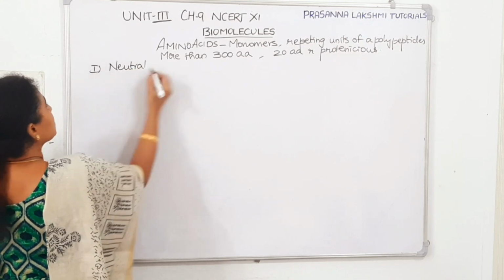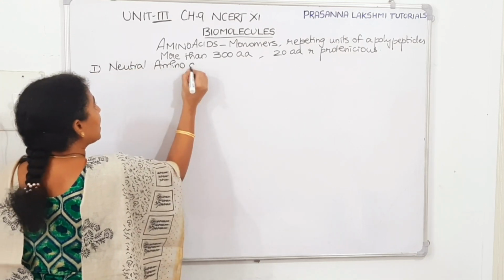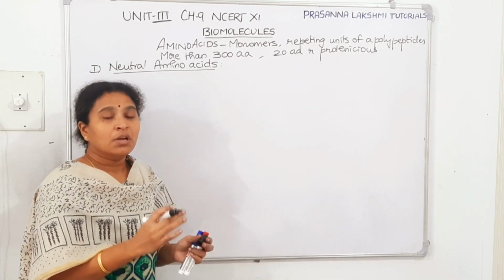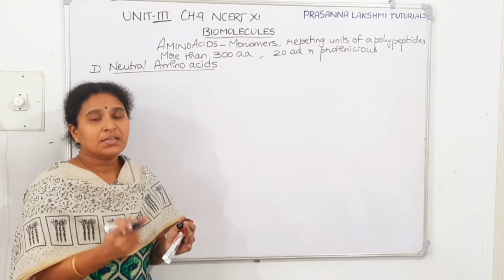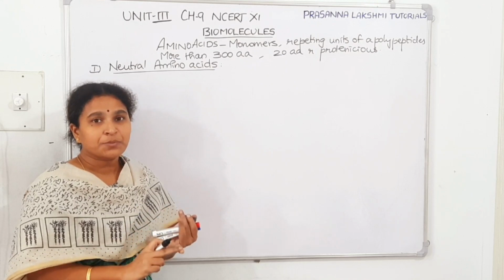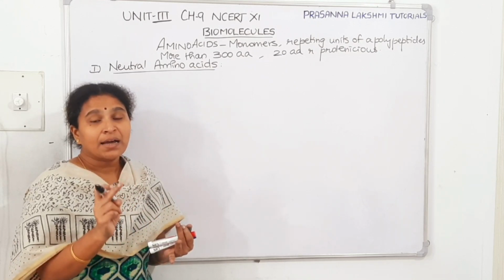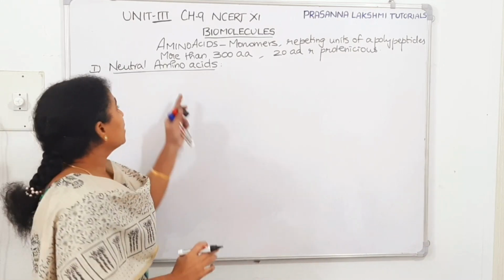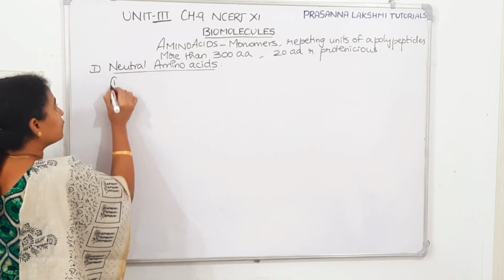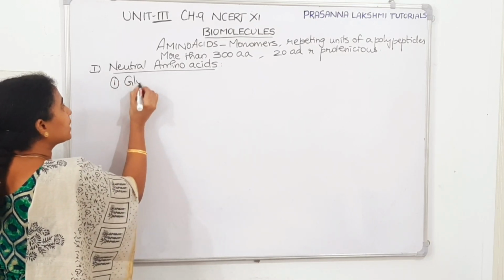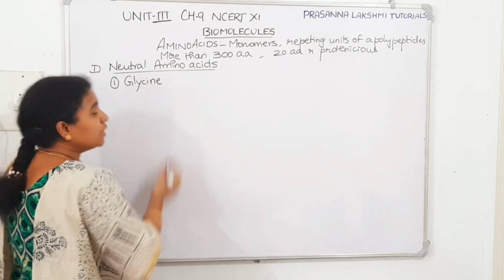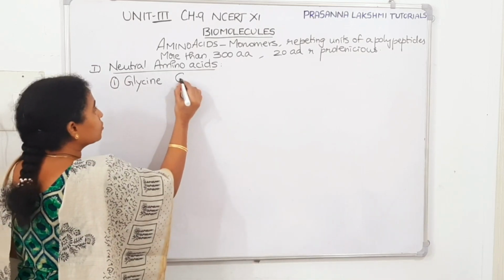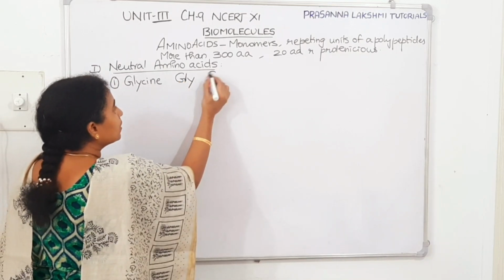The first category is neutral amino acids. In the previous lecture, in lecture number 2, I told you that amino acids are substituted methanes. One H is substituted by a carboxylic group, another H is substituted by an amino group, and another H is substituted by an R group, which is a variable group. Depending upon the R group only, we classify the amino acids into 20 types. In the previous lecture, we discussed that the simplest amino acid is glycine. We need to remember the 3-letter representation of an amino acid along with the single letter representation. So the 3-letter is GLY and the single letter is G.